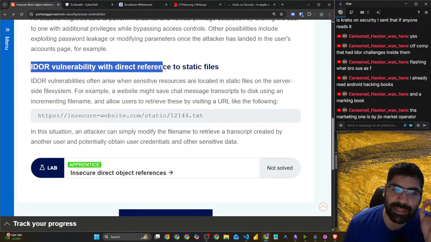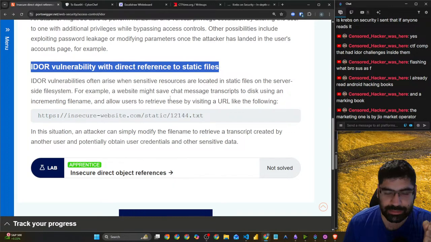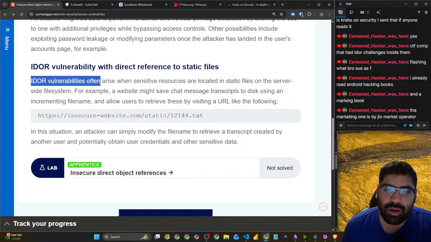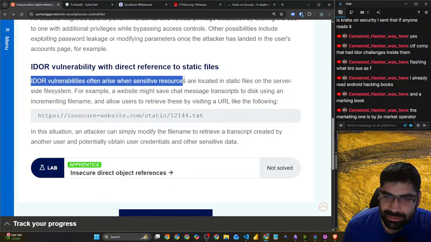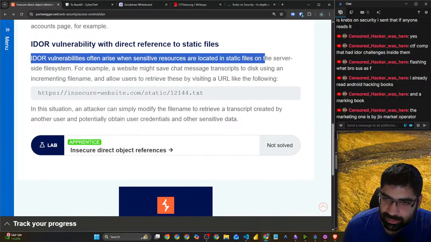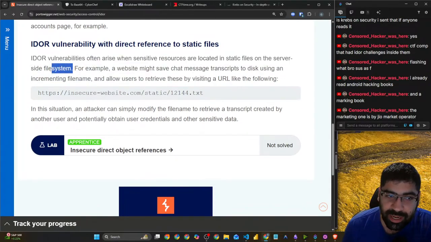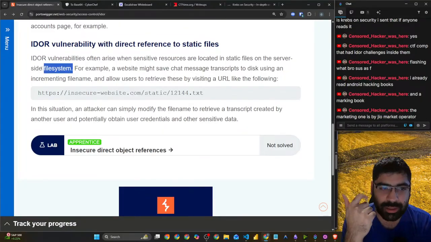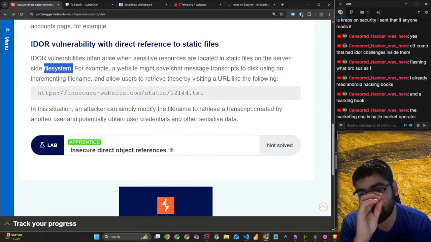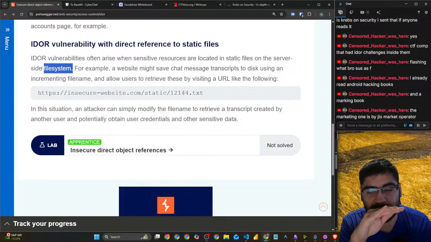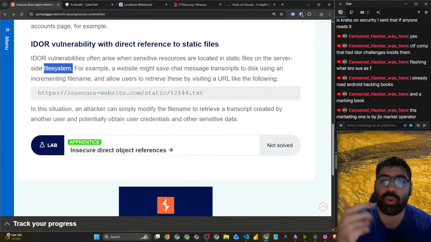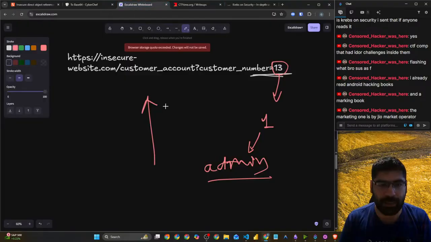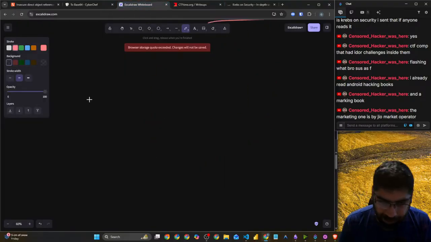IDOR vulnerabilities with direct reference to static files. IDOR vulnerabilities often arise when sensitive resources are located in static files on the server-side file system. This is what we talked about with S3 buckets and blob storage on cloud. There is some access control, but there are a lot of static files there. With Netflix, let's say the bucket name was Netflix. I'll go like this, I'll put,